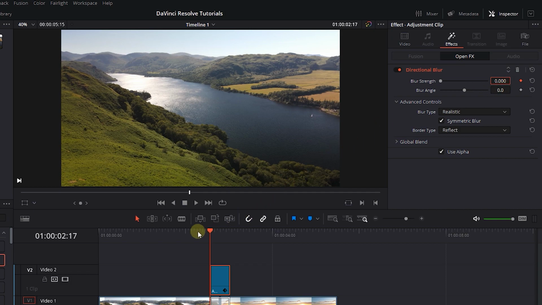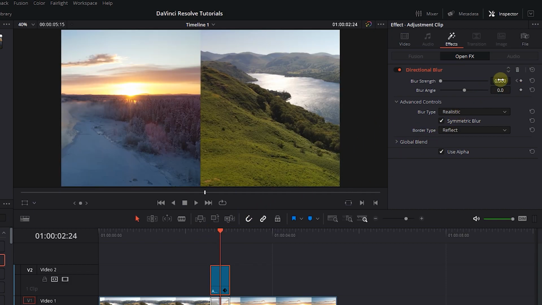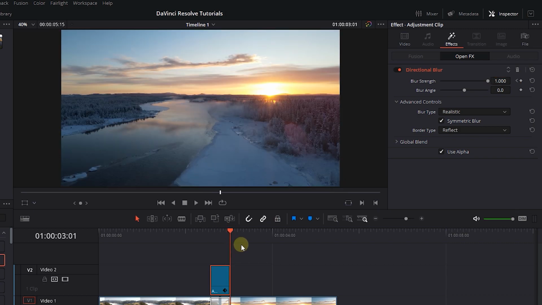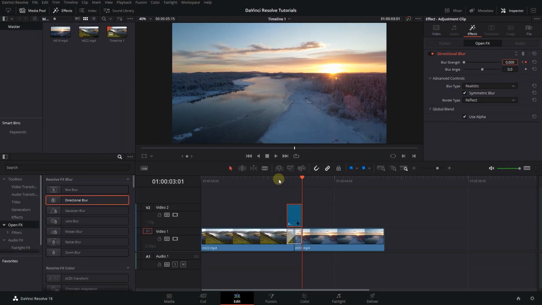Move the playhead to the center between your clips and set blur strength to 1. Move the playhead to the end of adjustment clip and set blur to 0 again. And now we have a whip pan